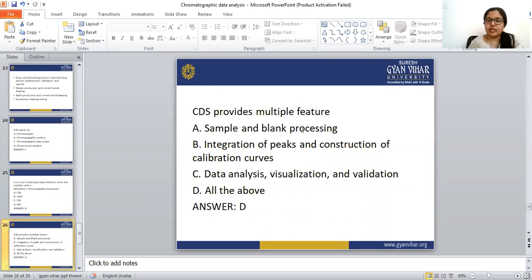CDS provides multiple features: sample and blank processing, integration of peaks and construction of the calibration curve, data analysis, visualization, and validation. So the correct answer is all of the above.